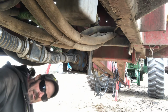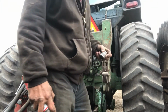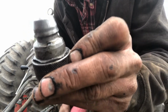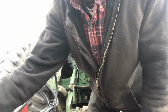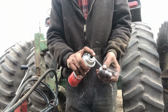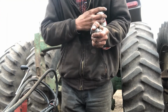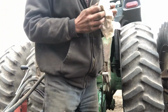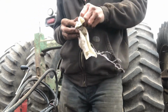There, that's him. Now we can start hooking stuff up to the tractor. So if you own a John Deere, you know what these guys are all about. Give you a little better close-up. That's the John Deere end, and most everything else in the world is that end. This is Pioneer or ISO. But do yourself a favor, wash these out. I just take a bit of brake cleaner, give them a good wash, open them up, give them a wipe inside and out,